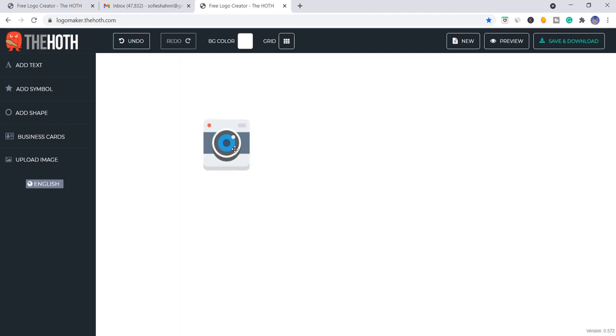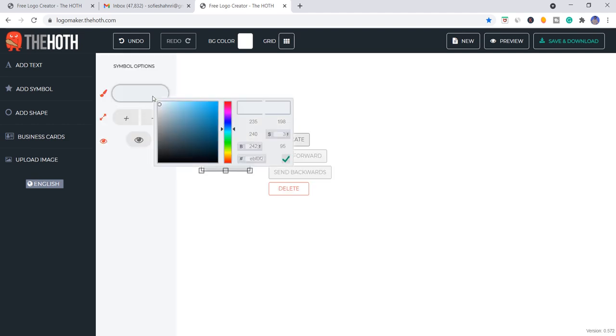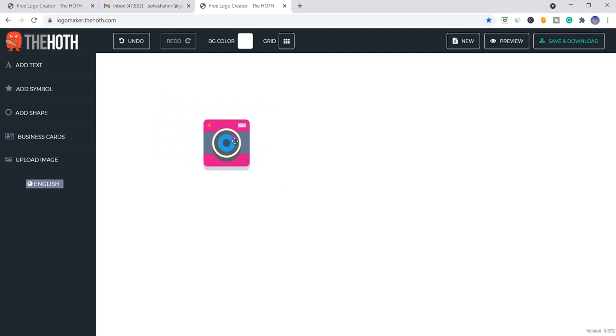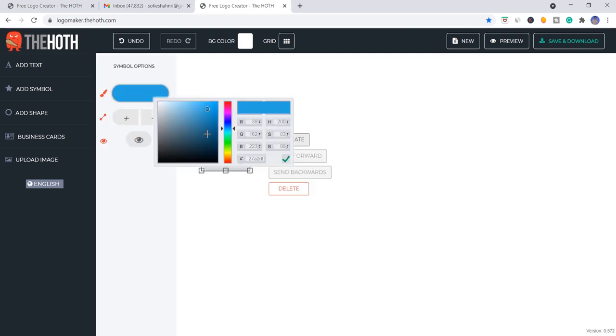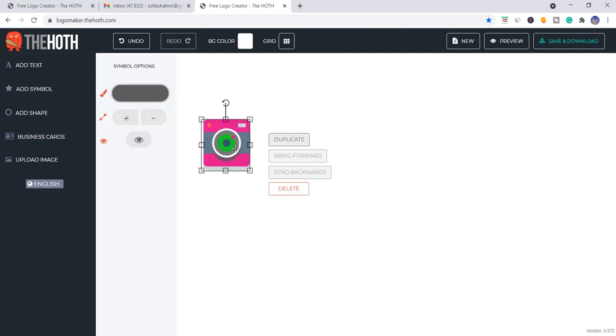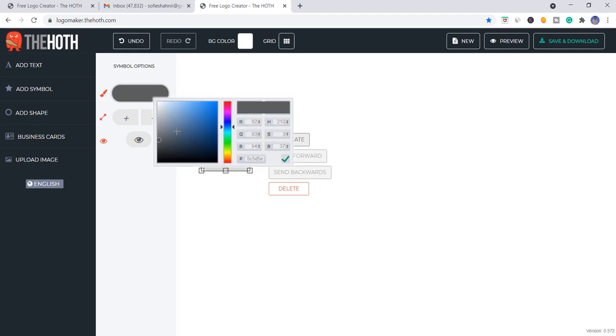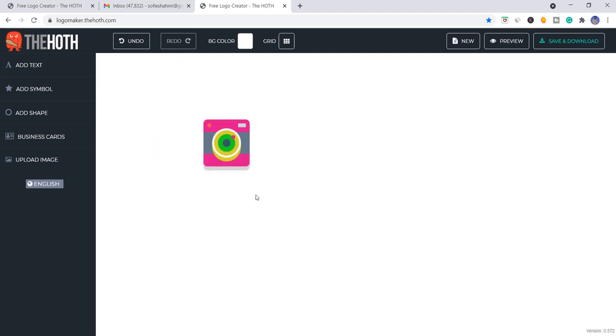Next thing you have to do is, if you don't like the color of this logo or anywhere else, you can click on the image wherever you don't like the color. If you don't like the gray color, just click on it, select the color here and click on here. See, here it is, you got the color. If you don't like the blue color inside this, click on it and you will get this. See, here it is. If you don't like the color inside this circle, click on here and you got this. So like this you can create your own logo.